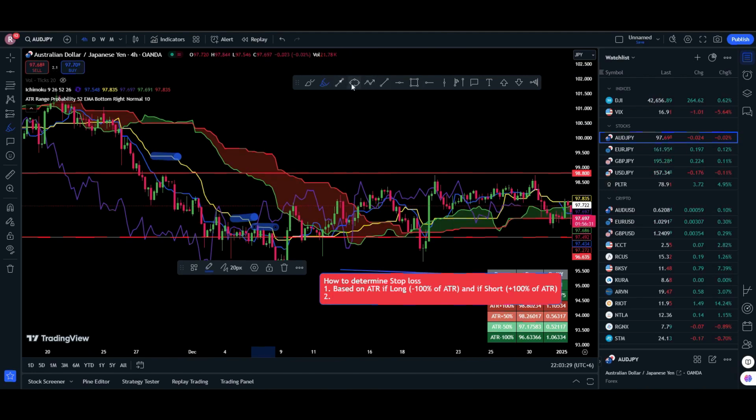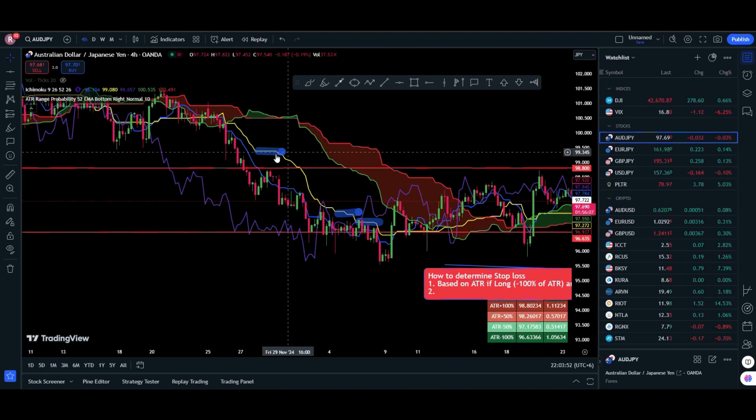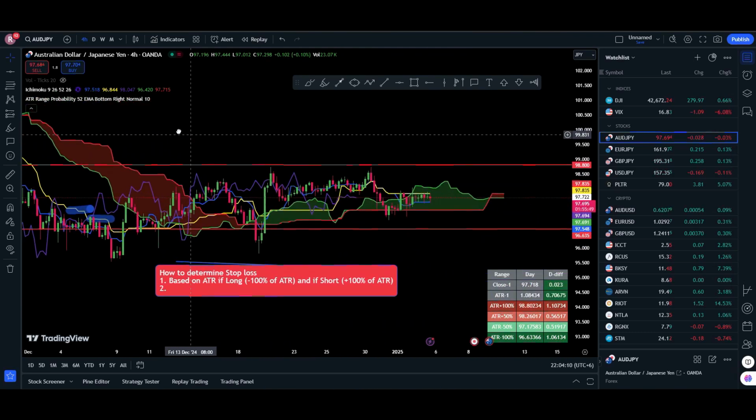Initially we can put the trailing stop loss based on ATR, or we can give it here, but here it will not work. You can see this red line has been taken out so many times. So the trailing stop will be based on the baseline, and whenever the baseline shows a very straight line, that straight line works as a very strong resistance for the short. And on the contrary, if we have a long,